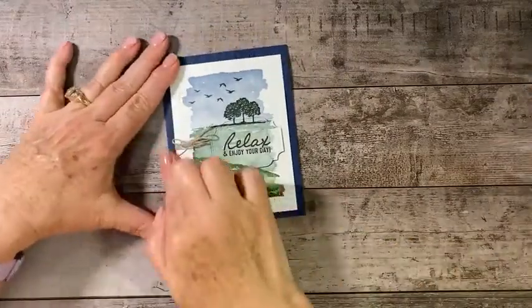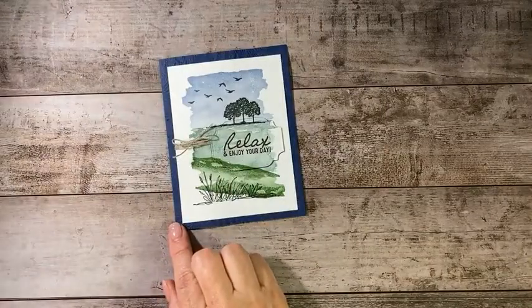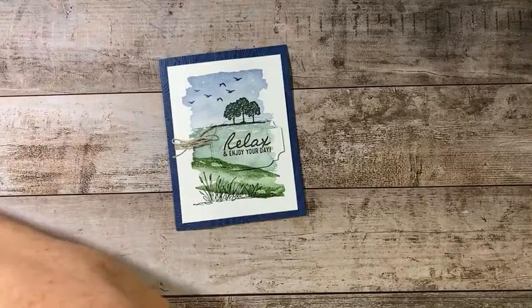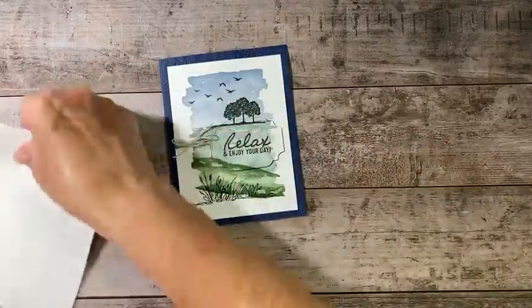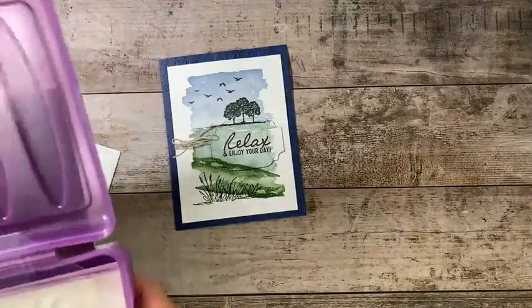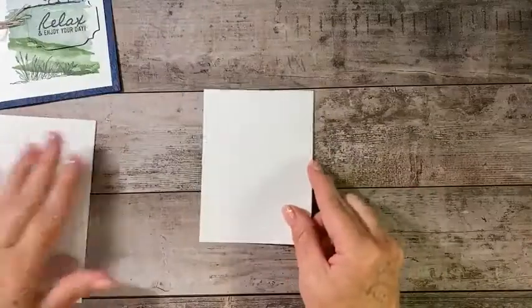Went together pretty quickly. Okay, so on the, oh, I didn't finish the inside of this card. Huh. Well, what did I do with the inside piece that I had here? Oh my goodness. Right there. Okay, so for the inside of this card,